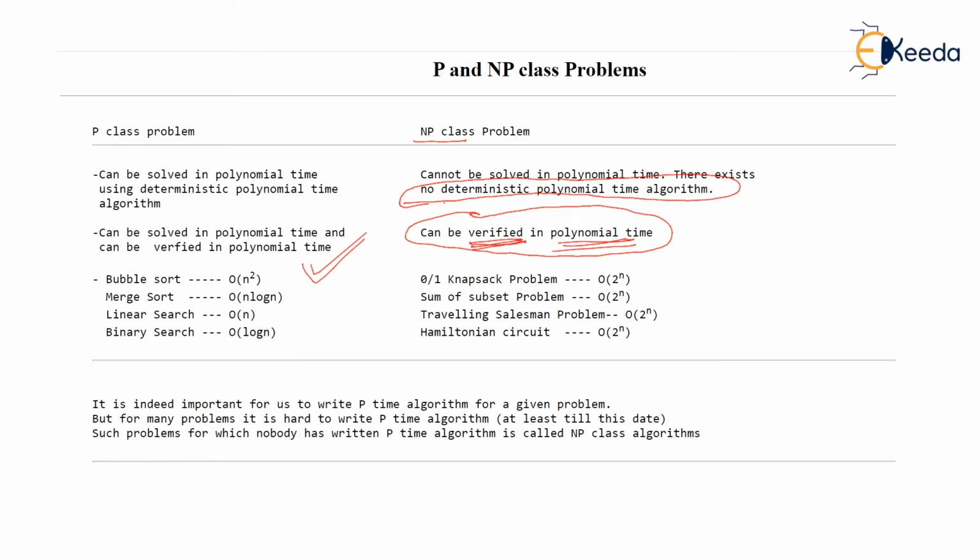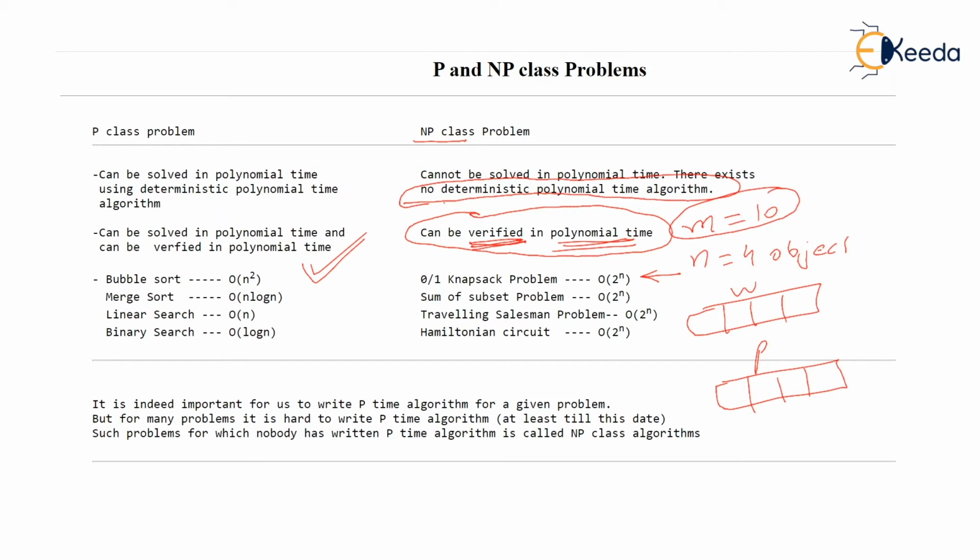For instance, suppose we are given a 0/1 knapsack problem with n equal to 4 objects and their weights and profits. Weights and profits are given in the W and P arrays. Let there be some weights and profits; I am not showing them. And the capacity of the knapsack M is 10, suppose. Now you know the knapsack problem very well. We want to fill our knapsack with total capacity 10 and earn maximum profit. Which of the objects shall we pick and which should we leave so that we get the highest profit? That is the 0/1 knapsack problem, isn't it?